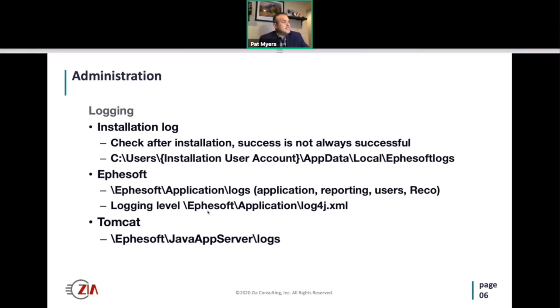After you get that installation, or during it, look at that Ephesoft log, and that's going to help you with support as well. So whether you're working with us or you're working with another channel partner or Ephesoft, that's going to help diagnose what happened with a particular installation. And it's located under the user that installed